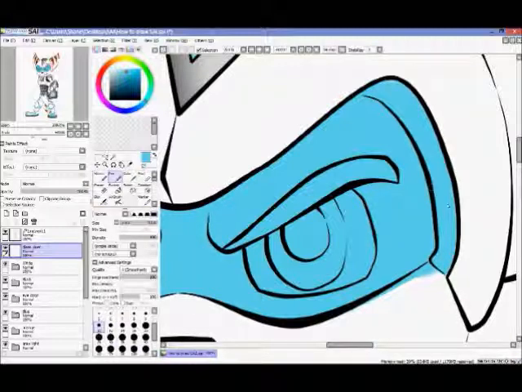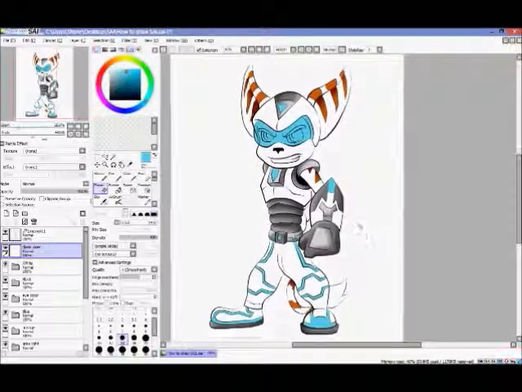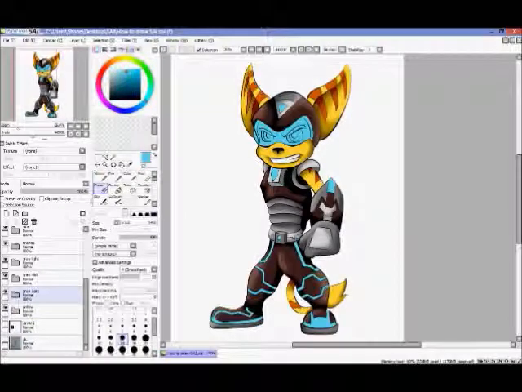But again, Ratchet actually does look really good in white armor. You just take the dark gray off. It actually does look good. I kind of like the white and blue. But we changed that. So what you're going to want to do now is